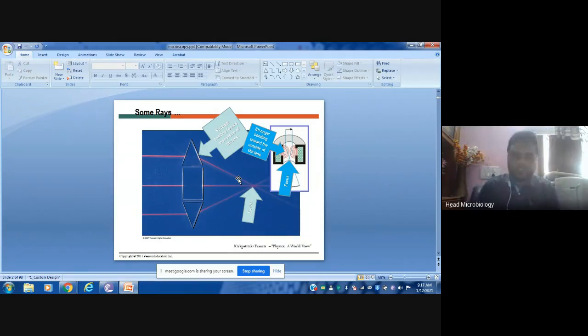In the other image, you can see this is electron microscopy. Electron microscopy will not be using light. Instead of light, we'll be using electron beams in vacuum. You may ask, why is it not done in normal gases or in air? In the presence of air, we should not do it, because these electrons have the potential to oxidize whatever atoms and molecules are there in the air. So we are supposed to perform this in vacuum.